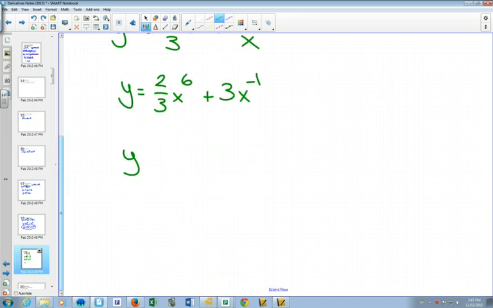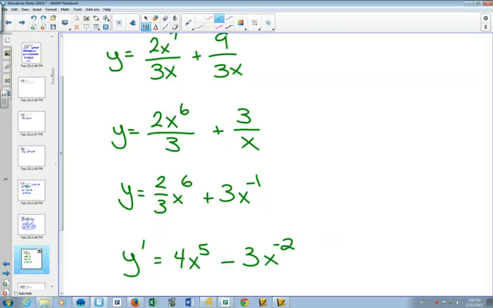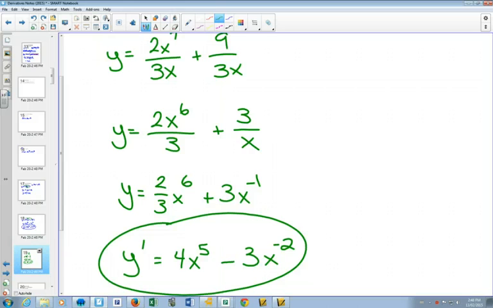Bring the 6 out in front, subtract 1 from the exponent. Bring the negative 1 out in front, and subtract 1 from the exponent. And then we have our derivatives. So this is kind of the idea of unadding fractions. You can split up something, and that would help in simplifying it. I saw